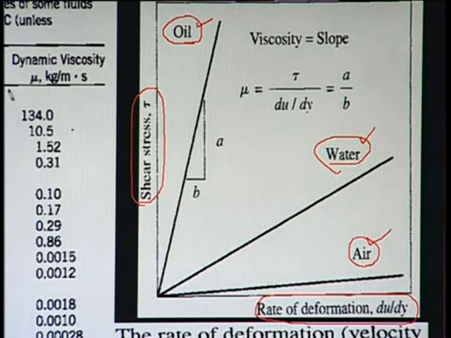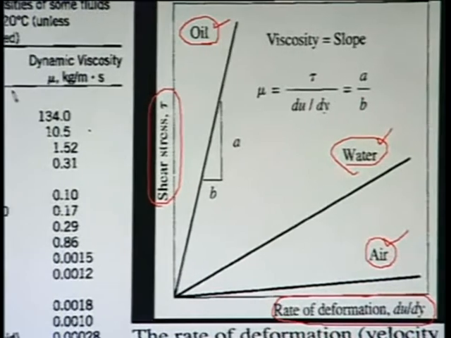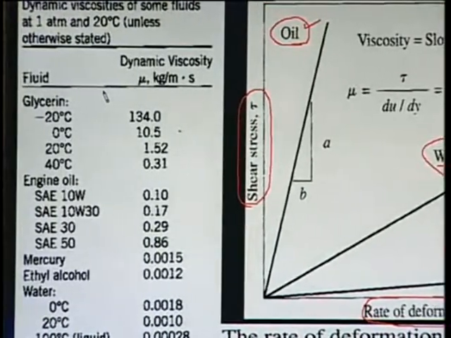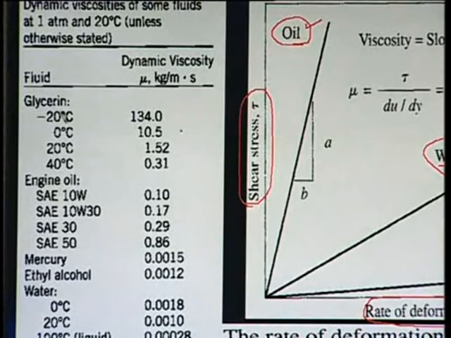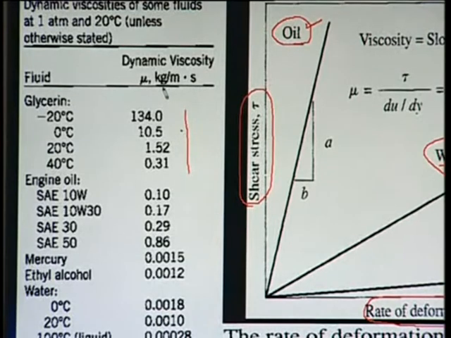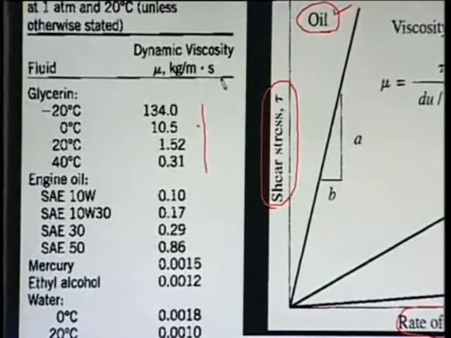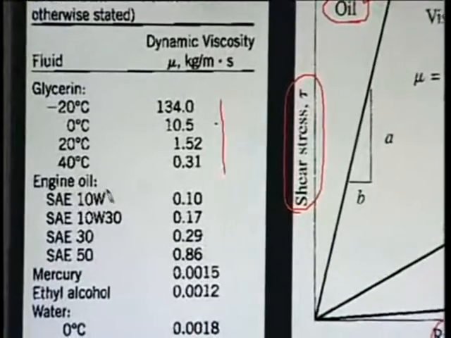Now, in the left picture, we have the coefficient of viscosity for different fluids which we use in our common life or in different engineering applications. For glycerine, under different temperatures, we have the viscosity here. It is given in kg per meter second. We will do the dimensional analysis, and we will find that dimensionally the unit of viscosity is kg per meter second.